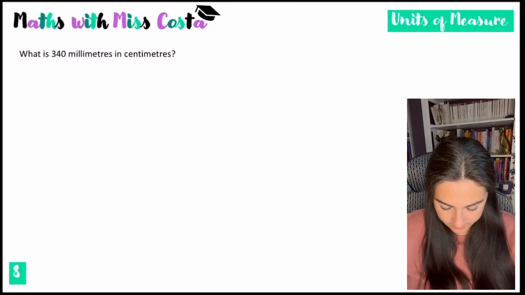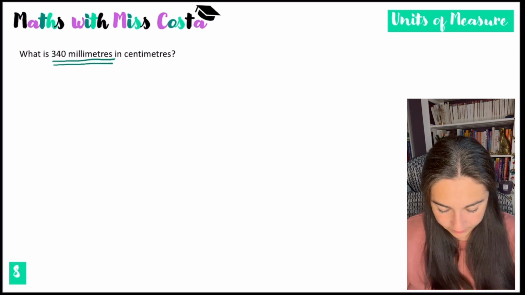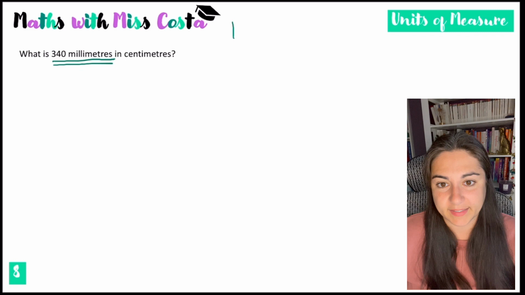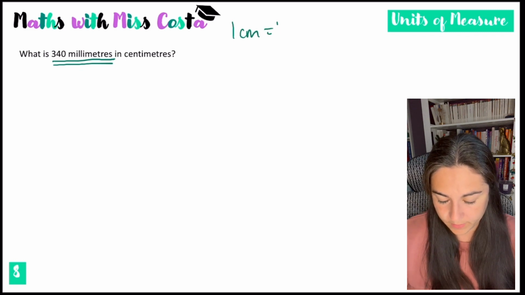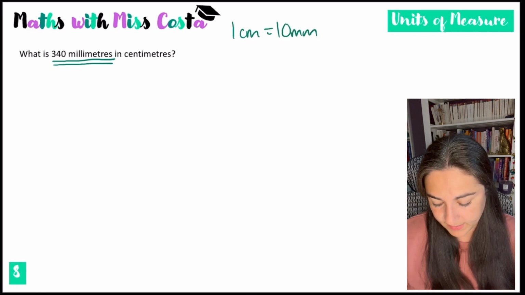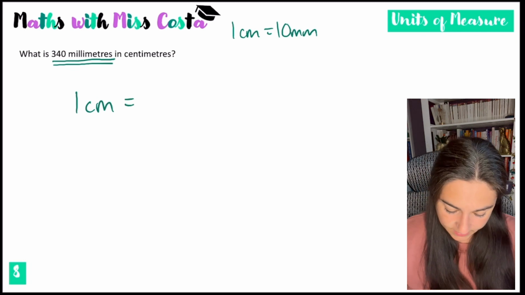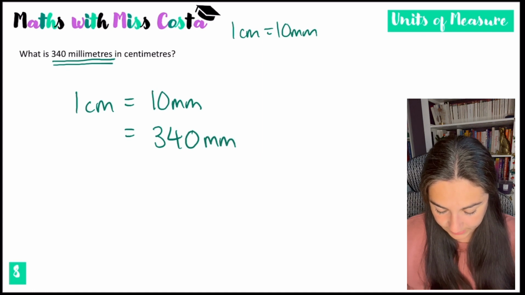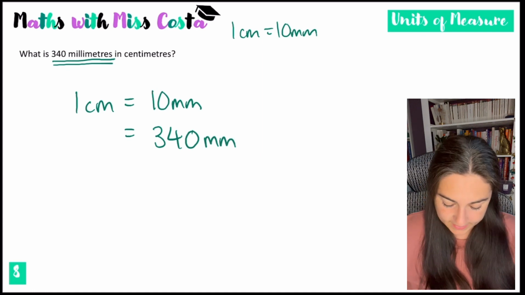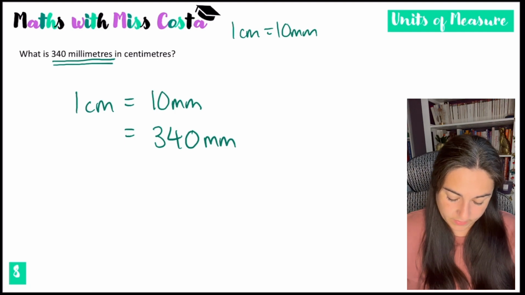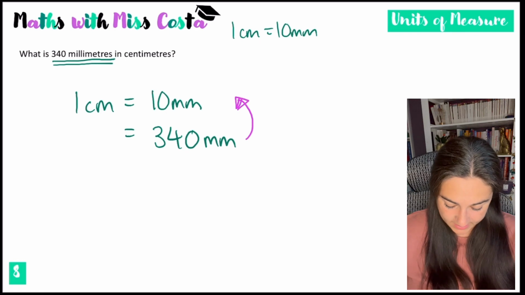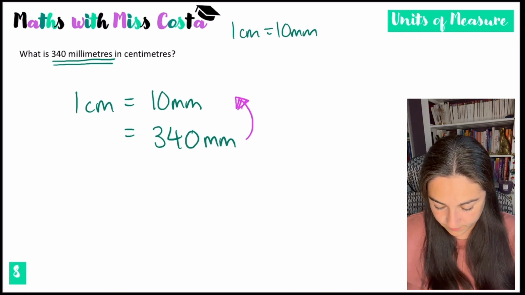And finally, units of measure. What is 340 millimeters in centimeters? So 1 centimeter is 10 millimeters. So if I use that little thing, 1 centimeter is 10 millimeters, and I have 340 millimeters. So it depends how you use these, whether you prefer going this way. So how do you get from